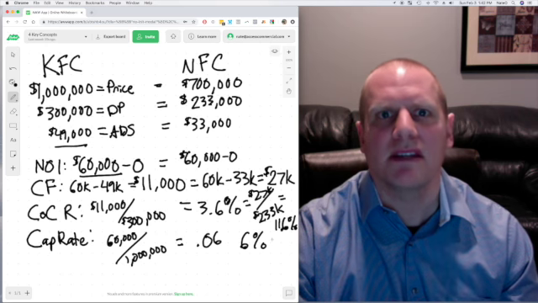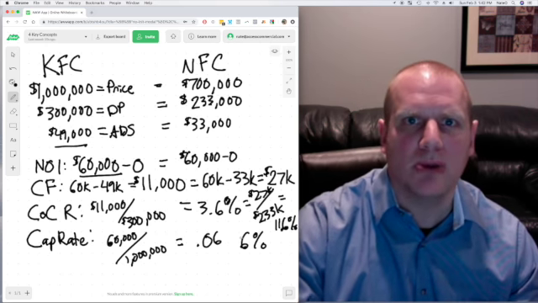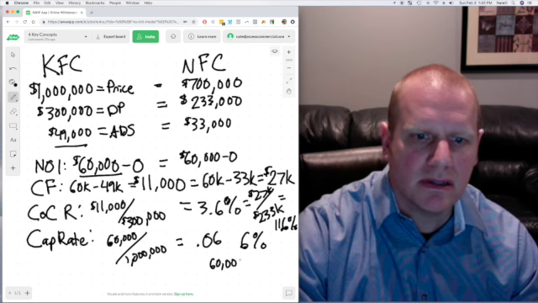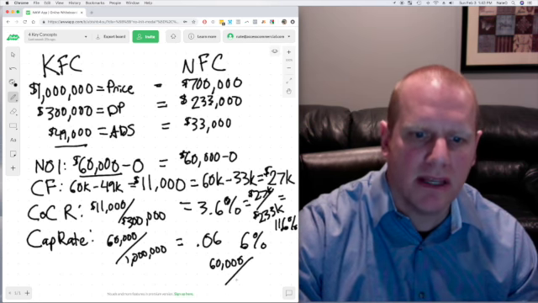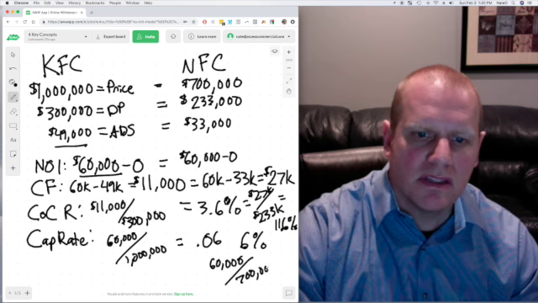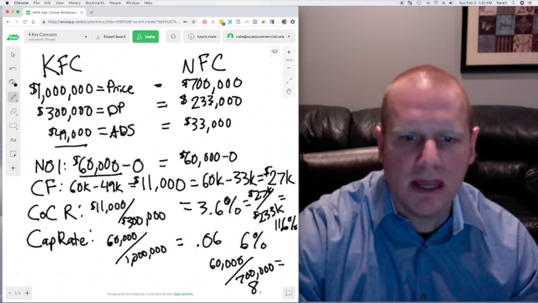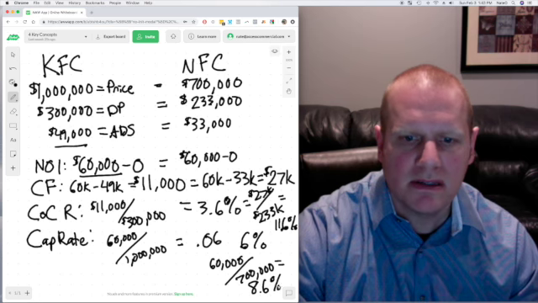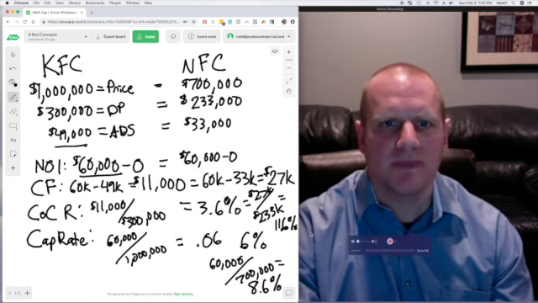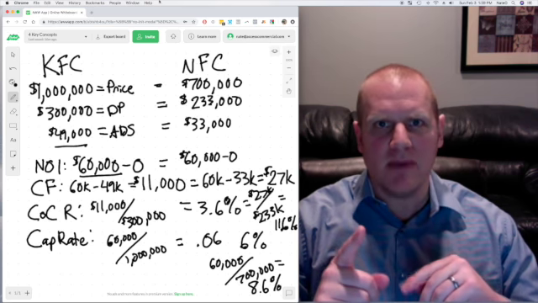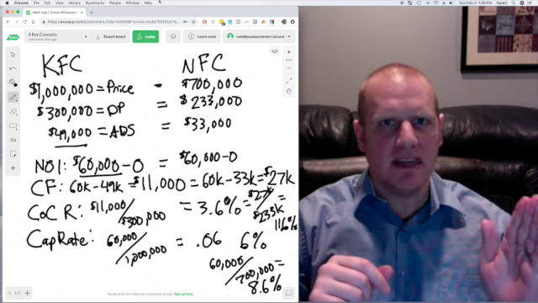And now the cap rate is the NOI divided by the price or the value. The NOI is $60,000 divided by the price, $700,000, and that is going to equal 8.6 cap rate. As you can see, with a comparison of these two restaurants with the same NOI, the KFC,